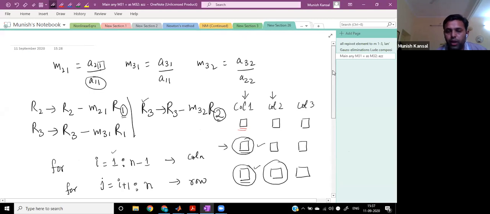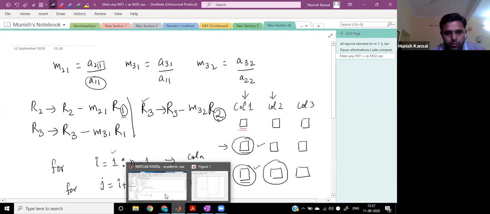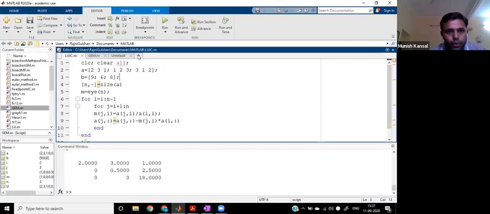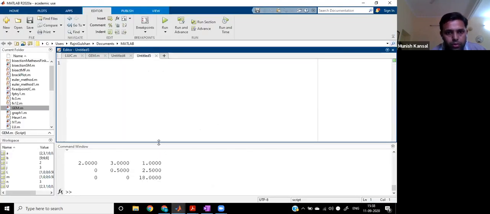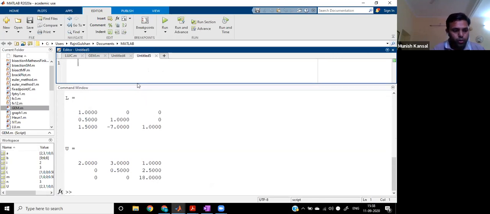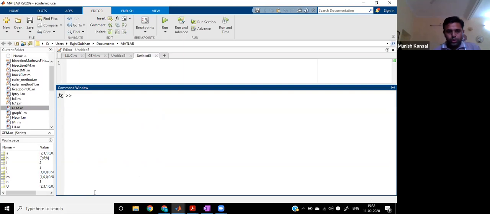After that we will find out the solution also by putting one more for loop, right? So let me go to the MATLAB, which will give you the idea that what kind of commands we are going to use here. So you are seeing the MATLAB window. Is it visible? Yes, Dr. Kuldeep. Yes, sir. It is visible, sir. Okay, thank you.